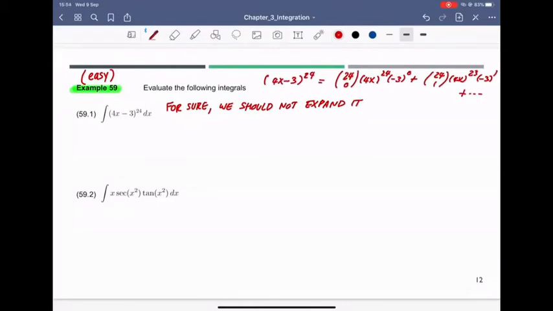You're going to have so many terms, which is not preferable for this question. But here we can just pick u to be something inside the parentheses,